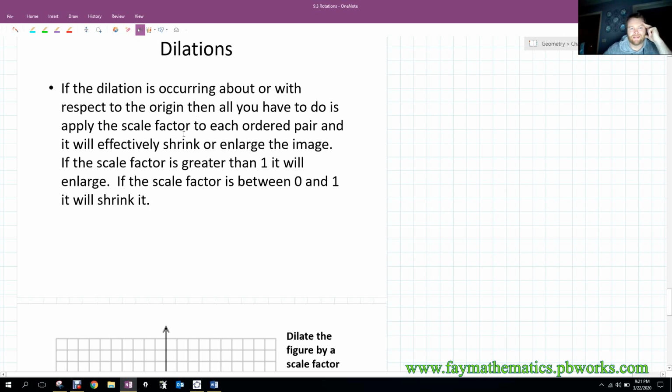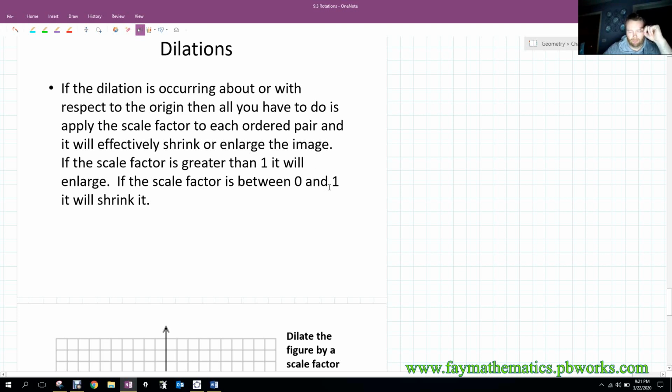Then all you have to do is apply the scale factor to each ordered pair, and it will effectively shrink or enlarge the image. So if the scale factor is greater than 1, it's going to be an enlargement, obviously through multiplication. Multiplying by a number greater than 1 increases your product. If the number is between 0 and 1, it will shrink it. Okay, if it's negative,